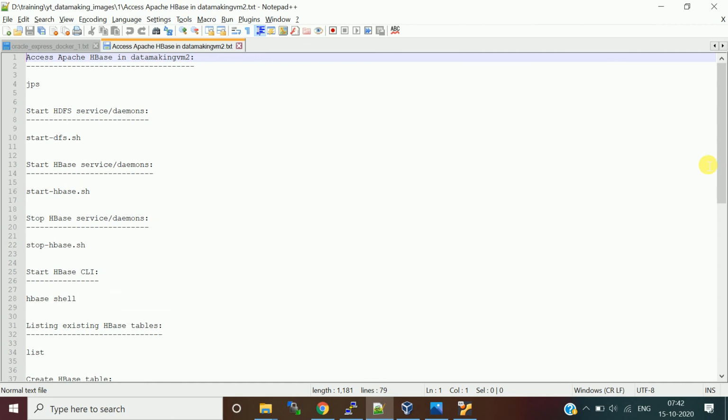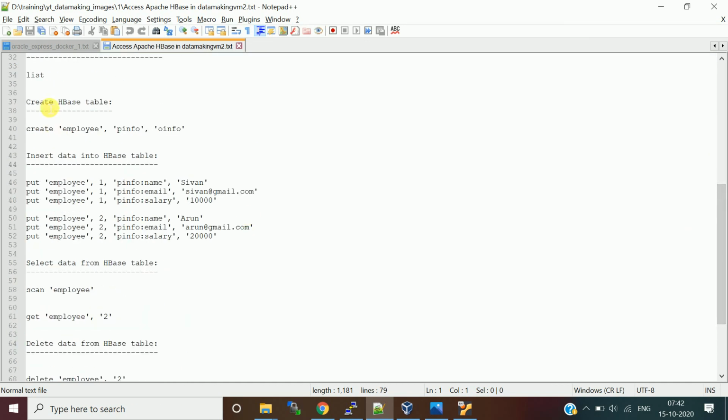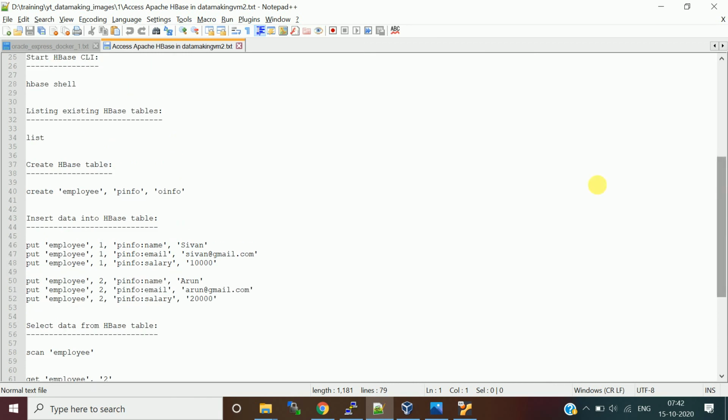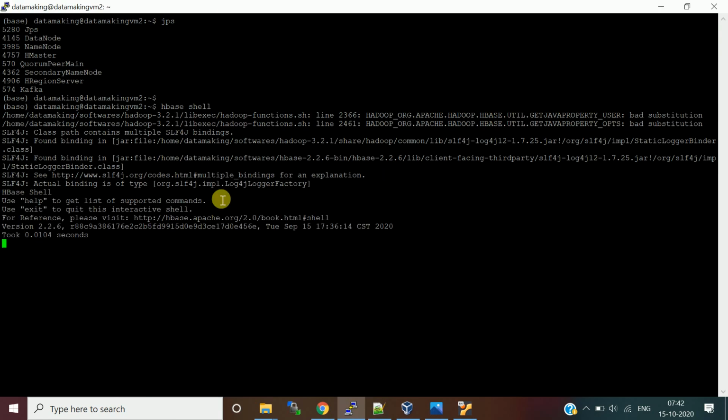I am going to run a set of commands. First we'll try to select the existing tables in HBase. For that you can issue a command called list.